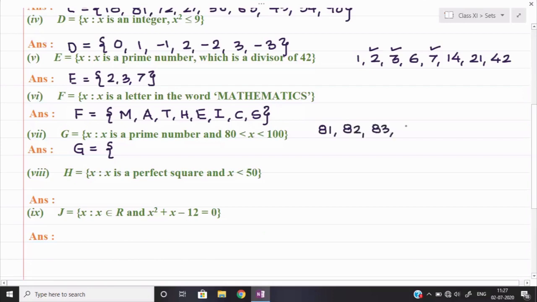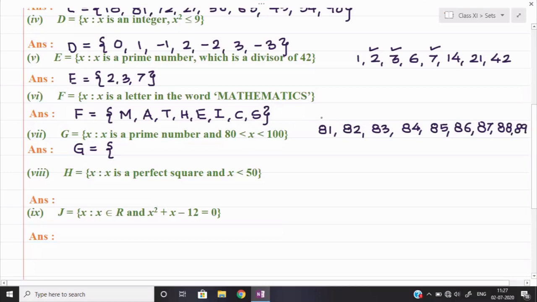Okay, if I start writing all the elements, I will show you till 90. Once you can check 85, then 86, 87, 88, 89, and then the last one is 90. I am leaving 90 because 90 is an even number. First of all, check 81 to 90.